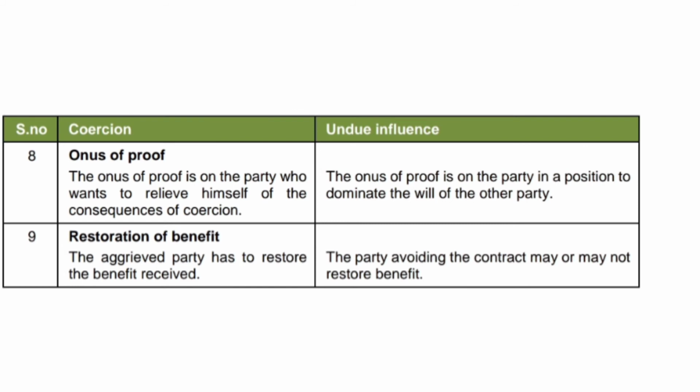So in all of these relationships, the law is going to presume the presence of undue influence, and the burden, I repeat, is on the party who is the stronger party and is in a position to dominate the will of the other party. That is, he or she has to rebut the presumption, and this presumption can of course be rebutted by showing, for example, that the dominant party had indeed made a full disclosure of all the facts to the weaker party before making the contract, and that the price was adequate, and that the weaker party was in receipt of competent independent advice before entering into the contract.